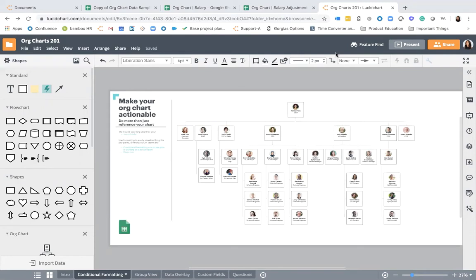For example, maybe we want to quickly and easily see folks that are working on a certain project team, or maybe we want to look at pay parity or diversity or location. There could be a number of different things that we might want to look at that would be difficult to actually see looking at a reporting structure. However, Lucidchart makes it super easy for us because we can apply rules to highlight different folks based on certain